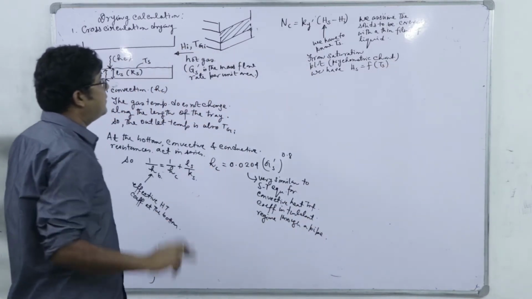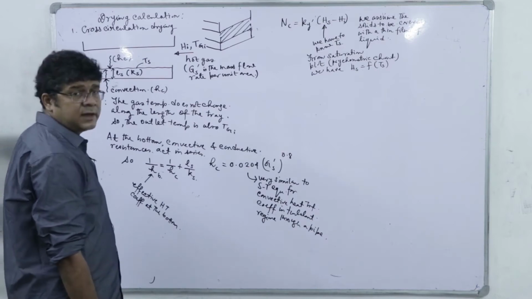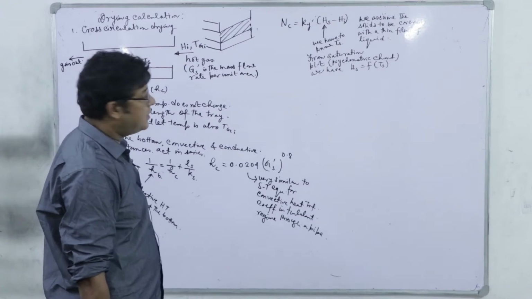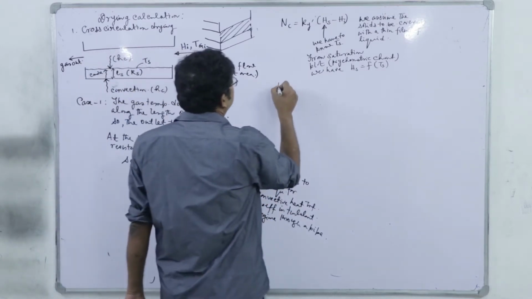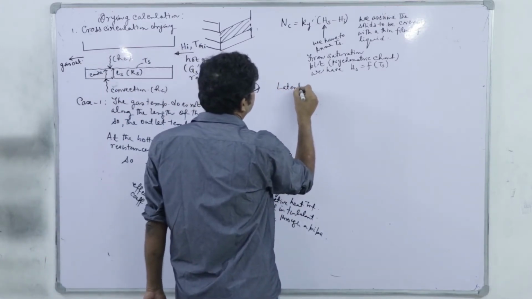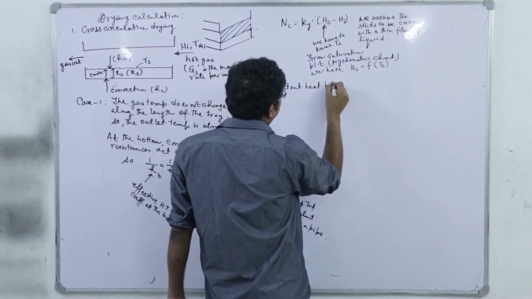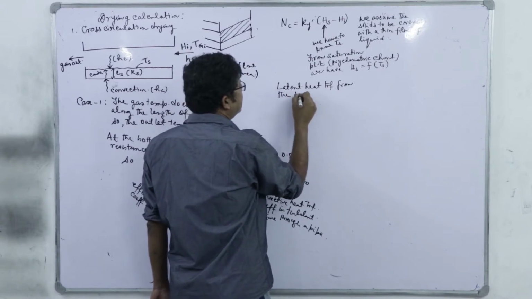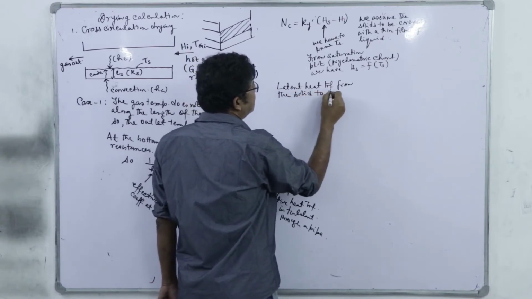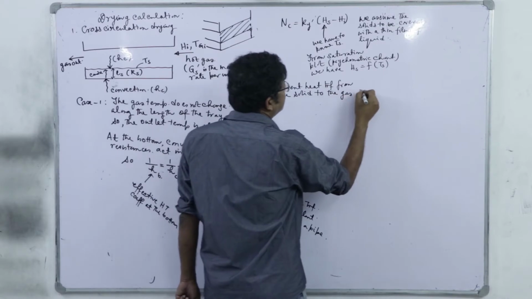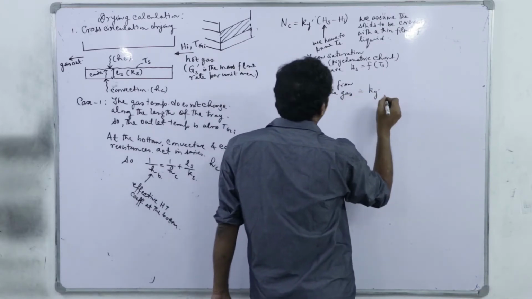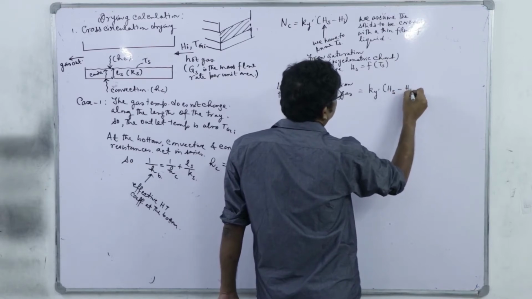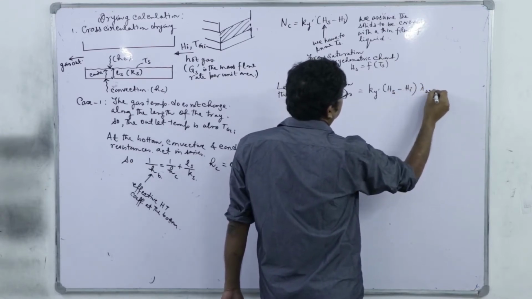So, we must derive another equation, and that we can derive considering the equilibrium between the latent heat transfer and the sensible heat transfer, right. So, latent heat transfer from the solid to the gas is equal to Ky prime into Hs minus Hi into lambda W,